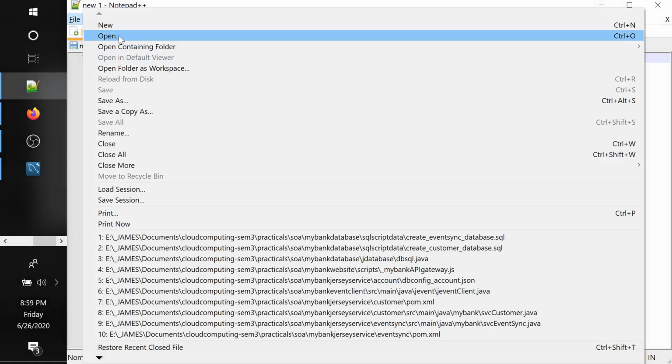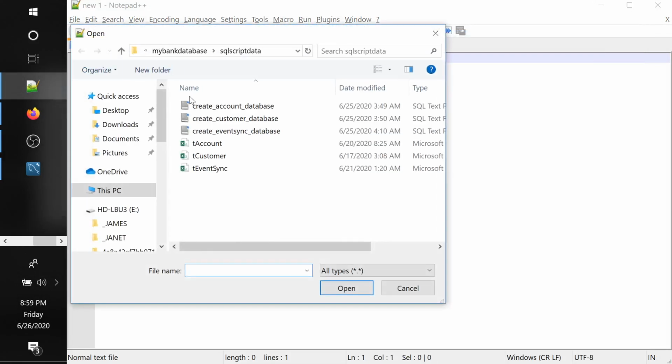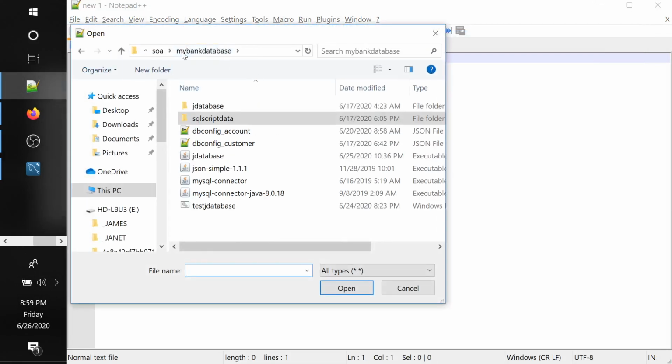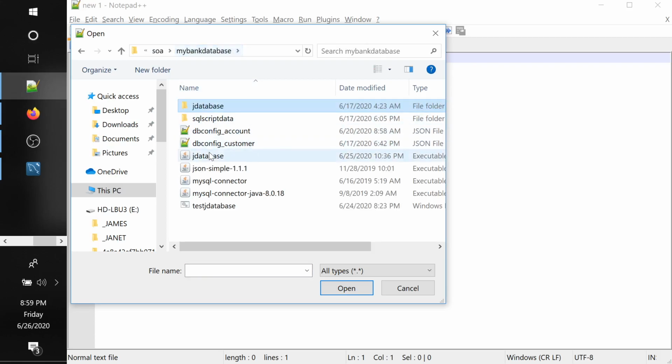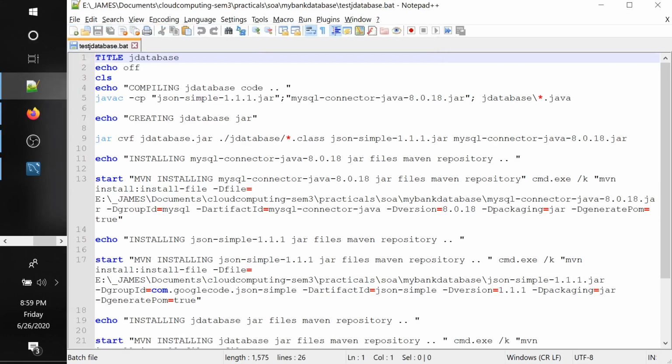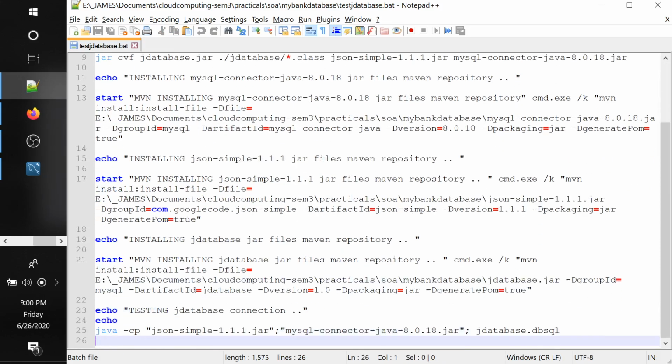You see, you need to know and learn so many things constantly, because there are so many things out there, right? Your tools can change. You see all commands: I'm jarring the file, I'm installing it in Maven repository, and then I'm testing it also.